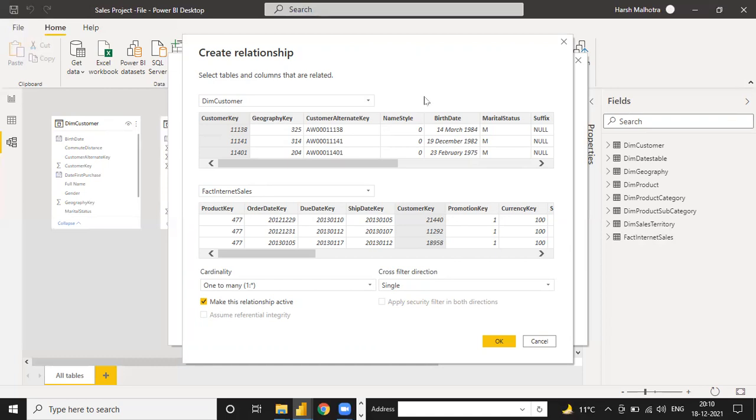Right, right. So see what the main point is here. In the dimension table, in the customer key column, all the key values will be unique, or should always be unique. But in the customer key of this fact table, right now it is showing as single, but at the end or in the middle of the total rows, there are almost duplicate values of all the keys. That is why we have to choose the relationship one to many.